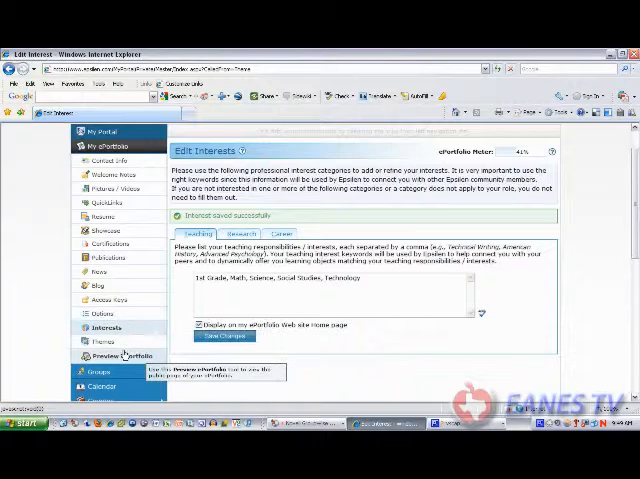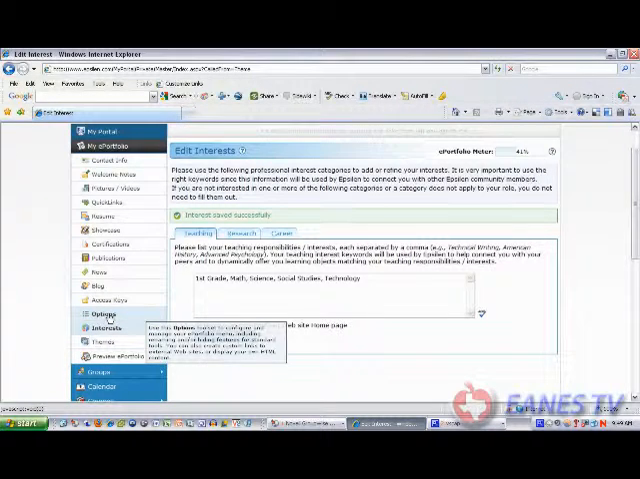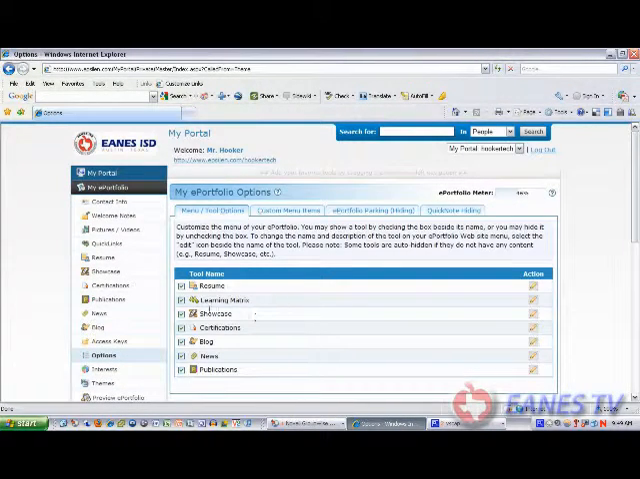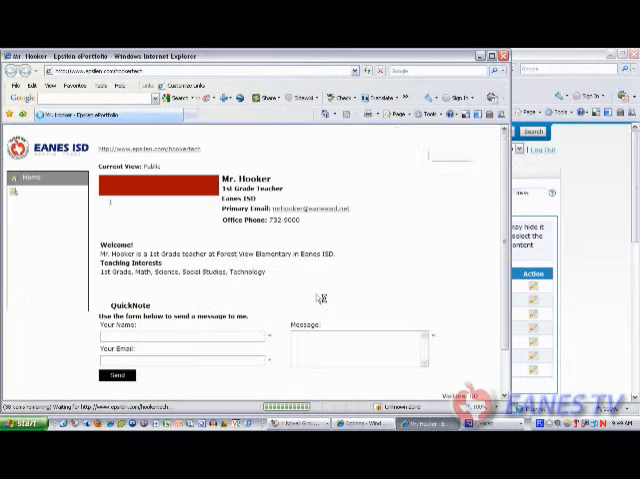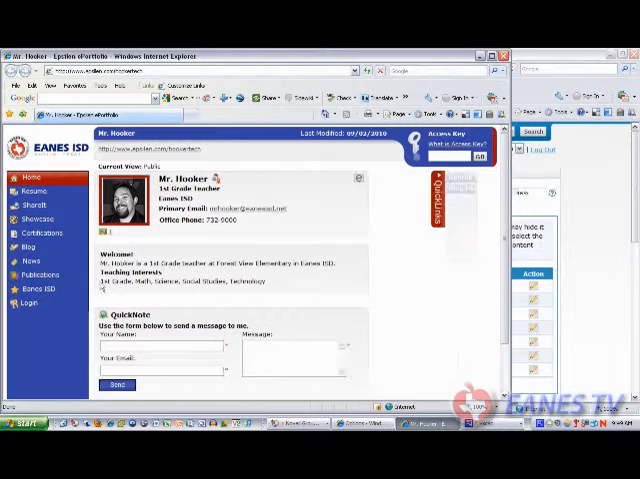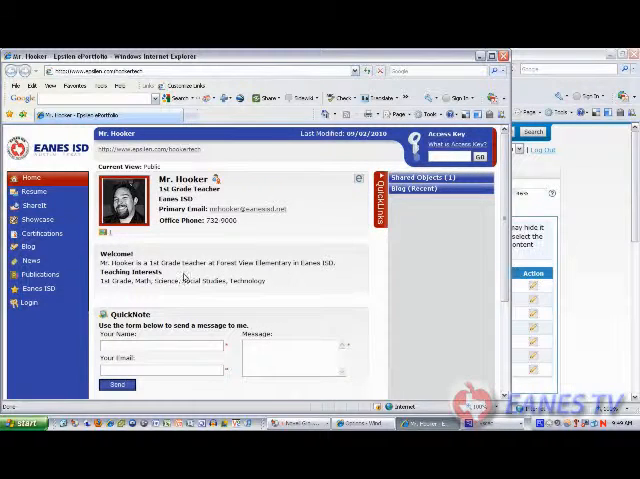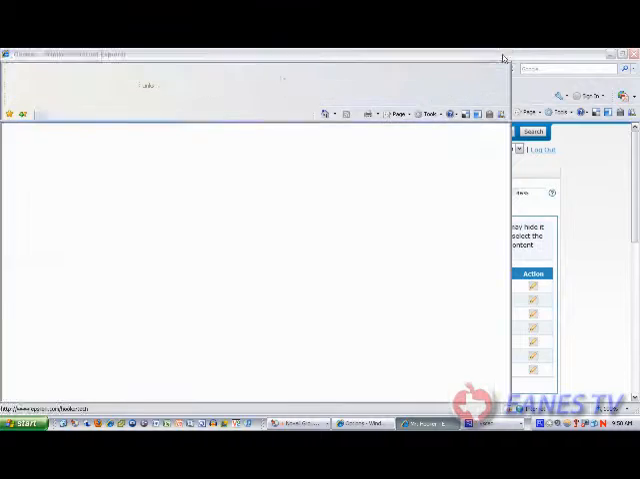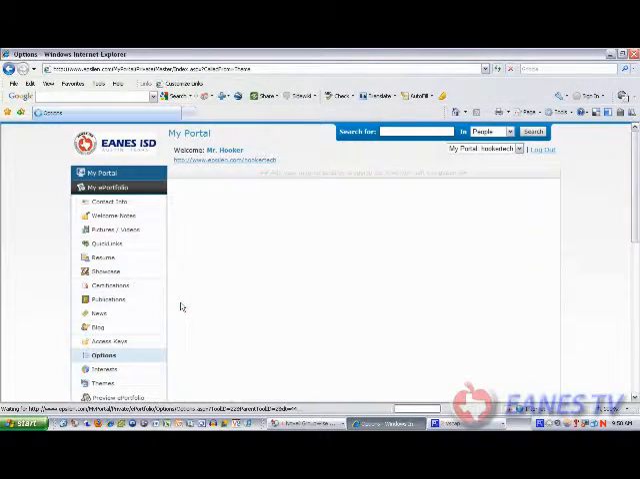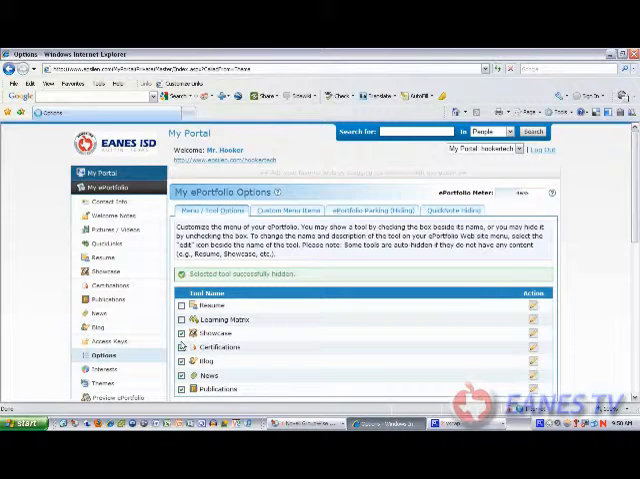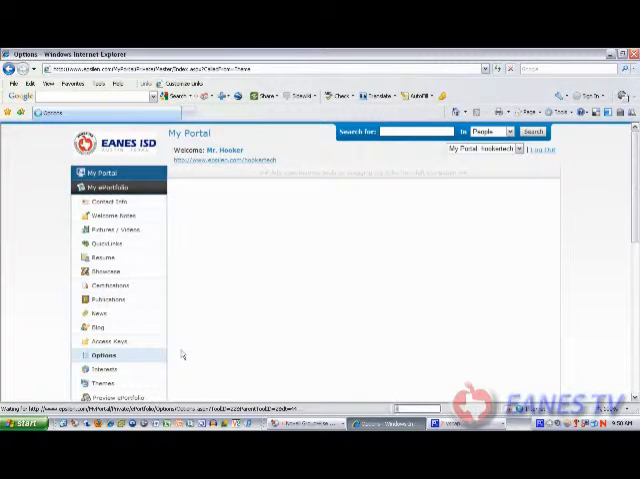And a couple other things you may want to do. In options, you'll notice on our actual ePortfolio page, which now, by the way, will have a photo as well as my interests below my welcome note, all these other options on the left side. A lot of these we're not going to really need right away. I'm going to go ahead and turn off a few of them, and I'm going to show you how to do that right now. In options, you'll want to uncheck basically resume, learning matrix, showcase,